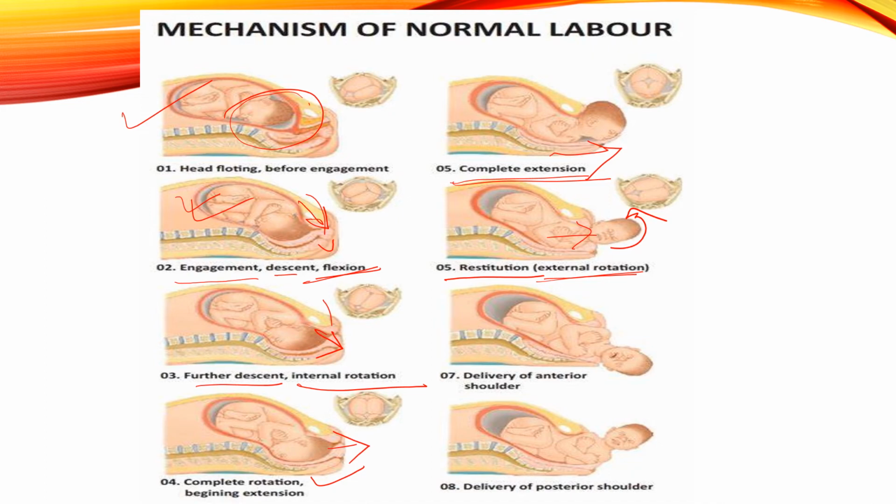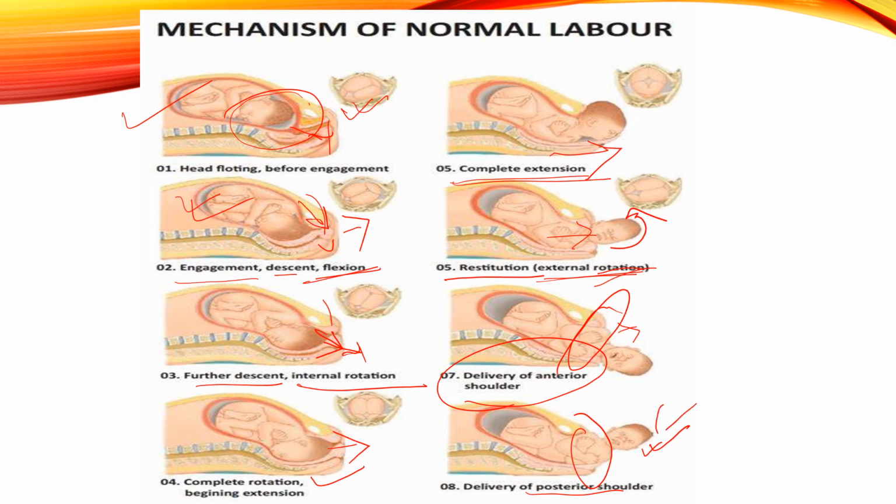So just keep in mind what is happening. Before this, the head is floating, and once it starts pushing, the water breaks over here. Then once the water breaks, the baby comes out due to several internal and external rotational movements, and then after the external rotation is over, the delivery of the anterior shoulder is happening. See, the shoulder has come out now, and then the delivery of the posterior shoulder. So both the shoulders have come out now.